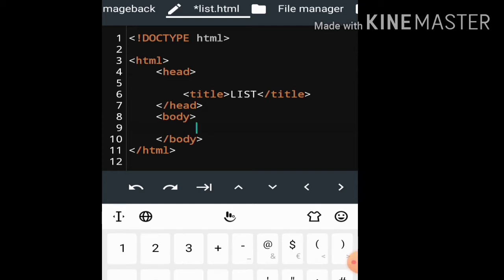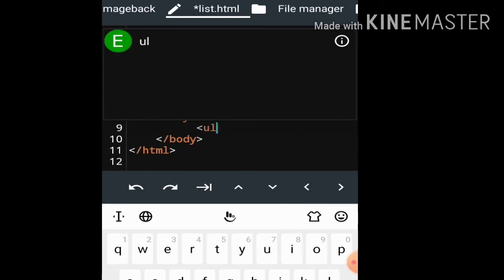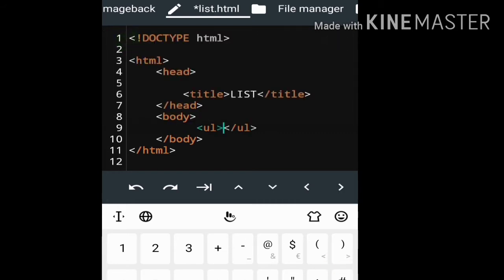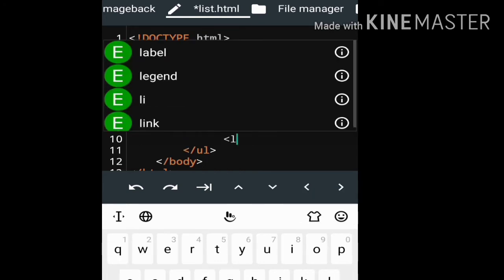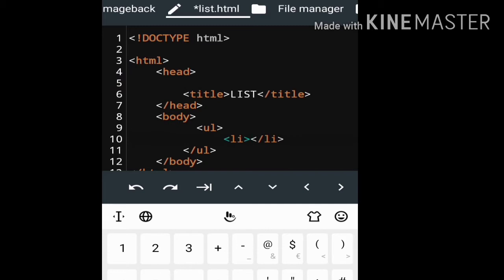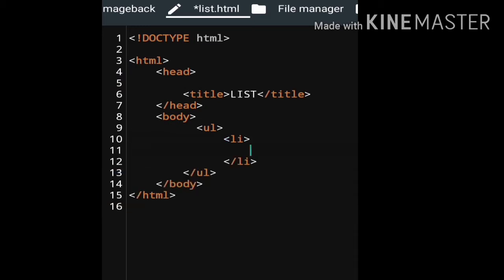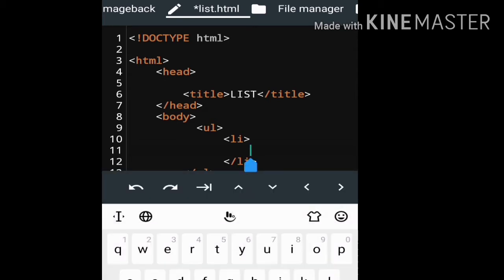Okay, for the unordered list we have to use the tag ul. Then within ul we have to write our list of items. See, this is my ul, and within this ul I have to write all my list here. When you write an item of the list you have to start with the li tag. So my list of items is, say, fruits: apple,